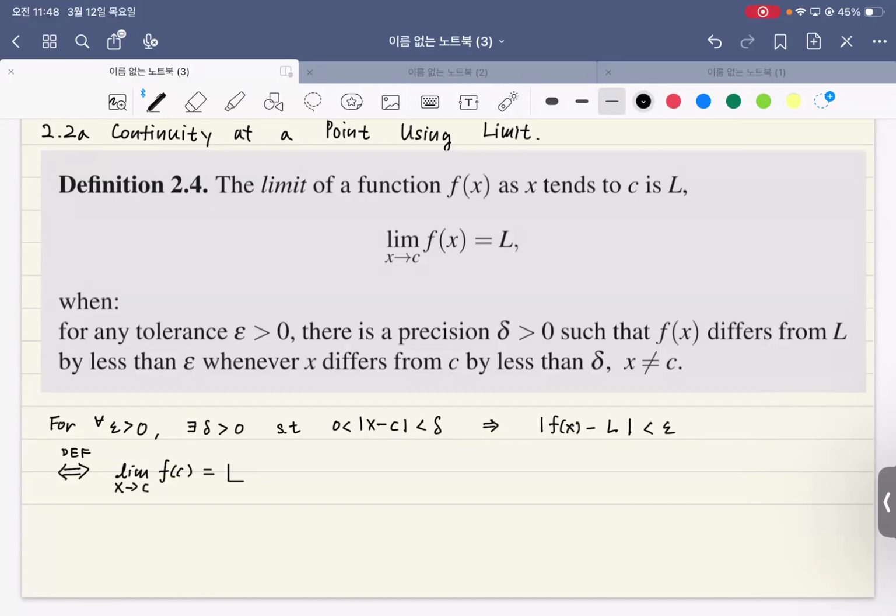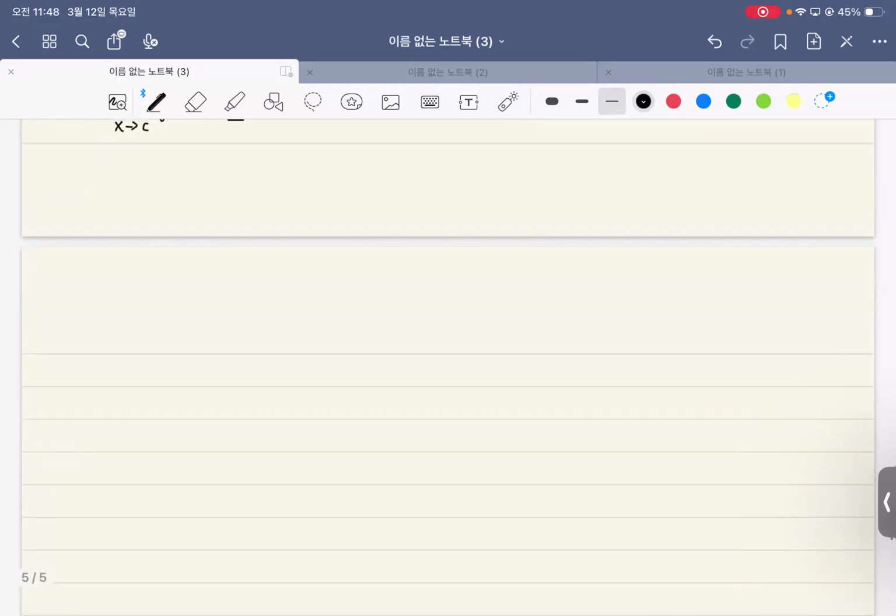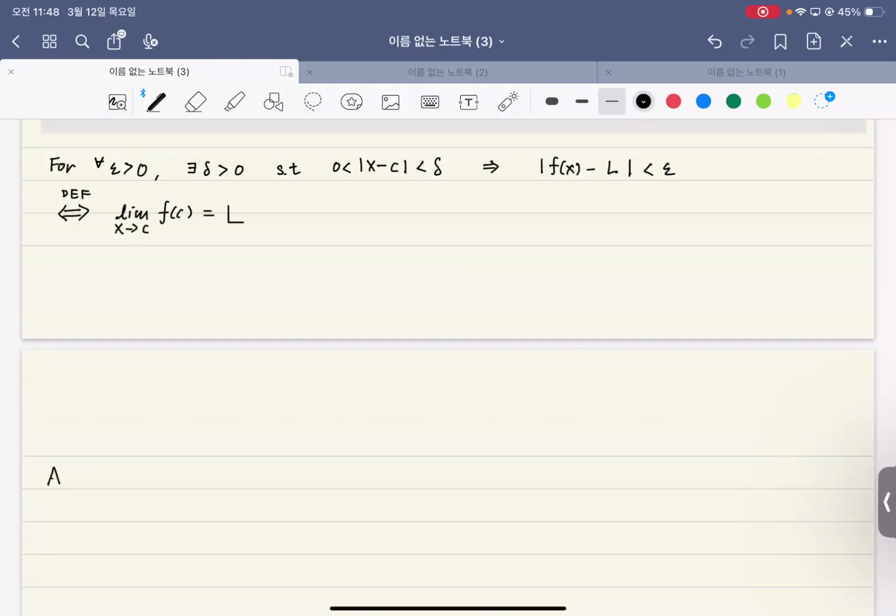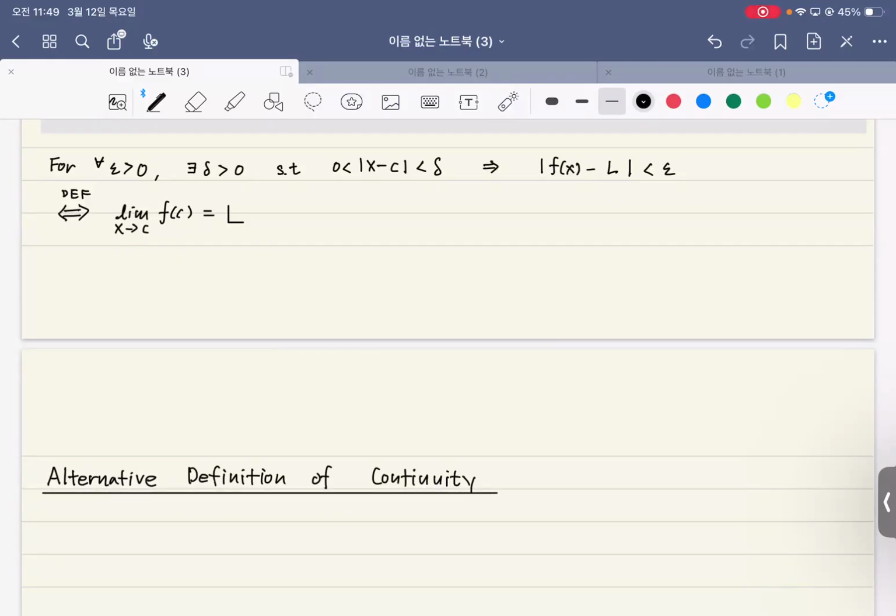So it looks like I can give you another alternative definition of continuity. f is continuous at x equal to c if and only if